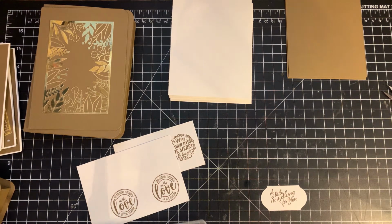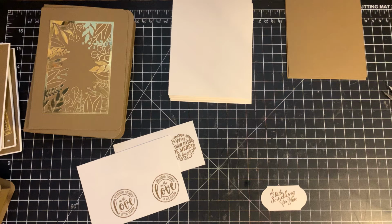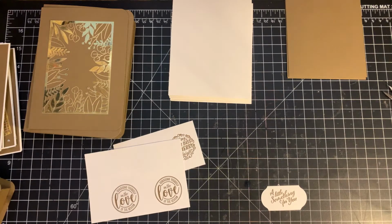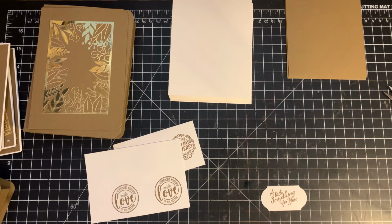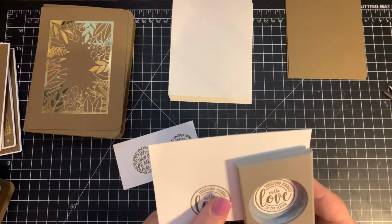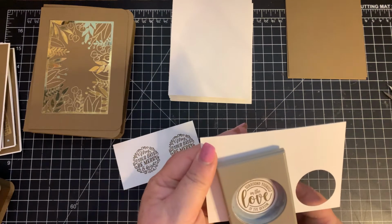Let me get a circle punch to punch those out really quick since I forgot to do those. And then we'll just layer up our cards and get them ready. So I'm using our 1 3/4 inch. Oh no, I'm not. It's our 1.5 inch punch. Silly me. Which I believe this retired. When I originally made these, I made it with the layering circle dies. But for the ease of this video,